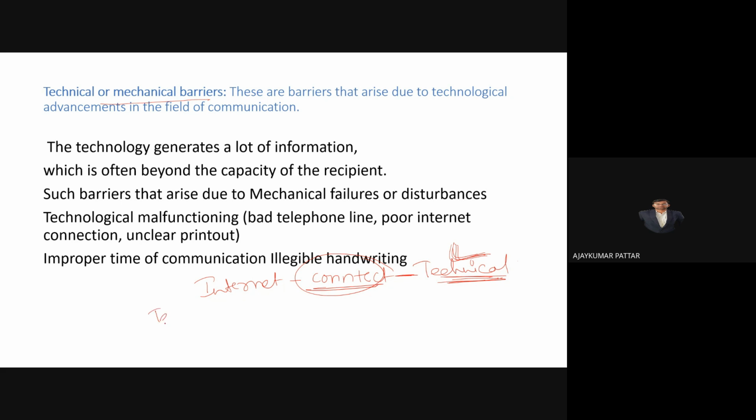And sometimes the technological barrier. Technological barrier means I am using this Google Meet platform for this class. If I don't know how to use this platform properly, then the lack of technological knowledge acts as a barrier. If I don't know how to share screen, then it leads to a barrier or distraction in this class. I will start the class, but I am not able to share my screen. Then it is the barrier. It will not lead to effective communication, an effective classroom.